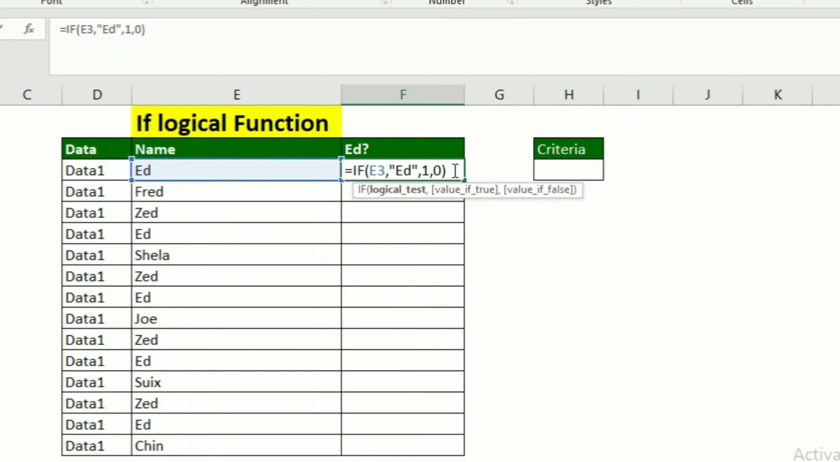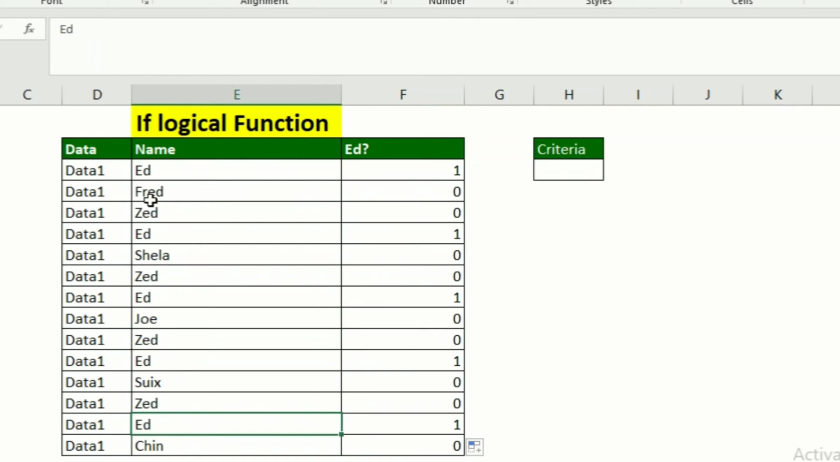Sorry, I have to put it equal to. Then you can see here it's 1. If Ed equals Ed, then it will show 1, otherwise 0. And if I drag this all, then you can see here Fred is not equal to Ed, so it is showing a false statement. So for ease I will cut this, delete this, and put a criteria of this here,